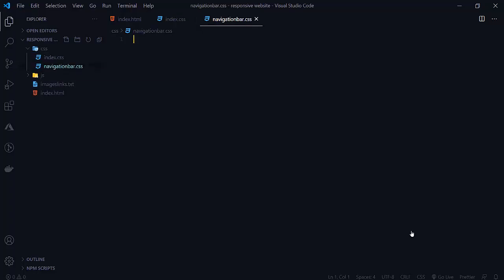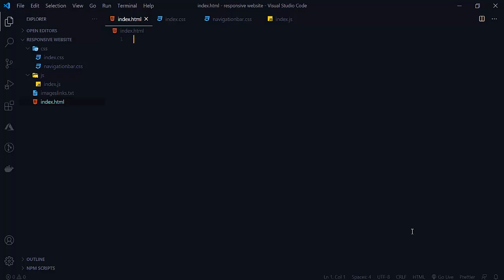So navigation bar.css, you can also rename it as navbar.css. After that we need our menu bar, which we will create in our next video. In the JS we need one JS file that is only going to be used in this homepage banner, so that will be index.js, and one file will be our navbar.js, which is used to open our menu drawer. We will see that in the next video. So these 4 files we need in this video.